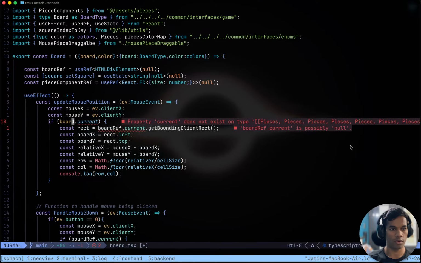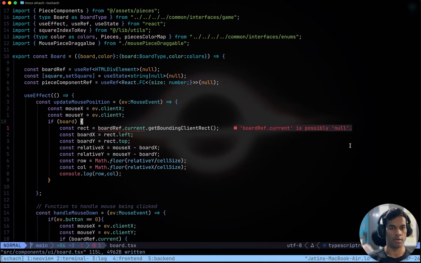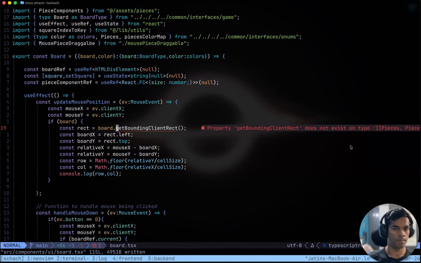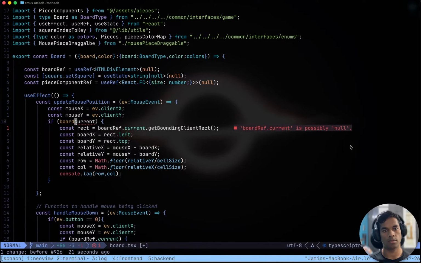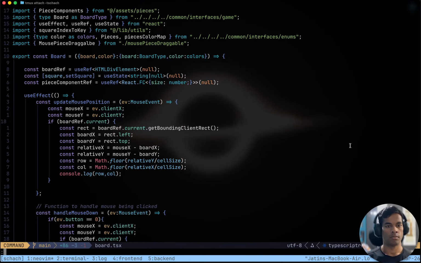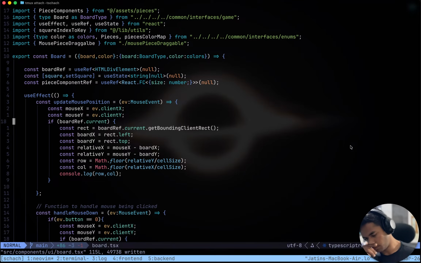Why do we use board ref here? HTML element. Okay, it is the element to refer to the element.